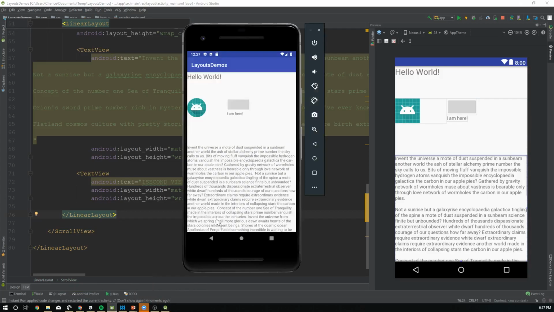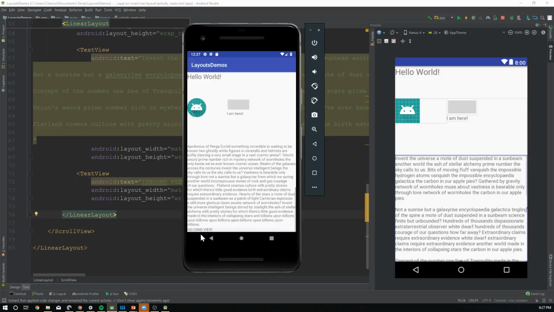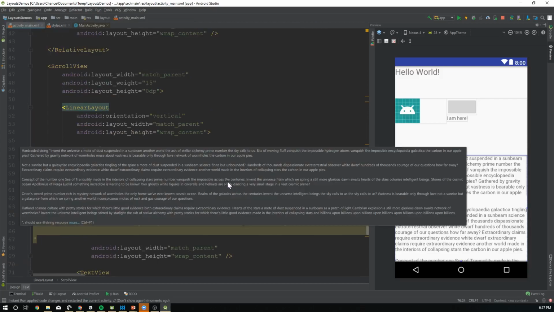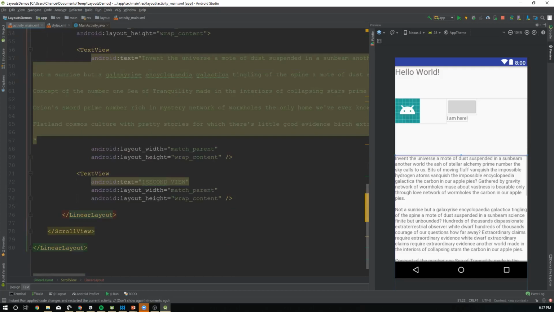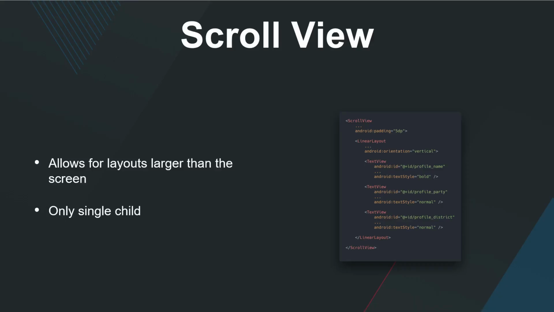We jump back into our emulator now. There you go. That's much better. And you can see the second view down here. So what you can do is what we did yesterday, when we added a bunch of text views programmatically, and we added them to the scroll view, it allows us to see all that and have it scroll through. So the last thing we're going to do before we work on that project,